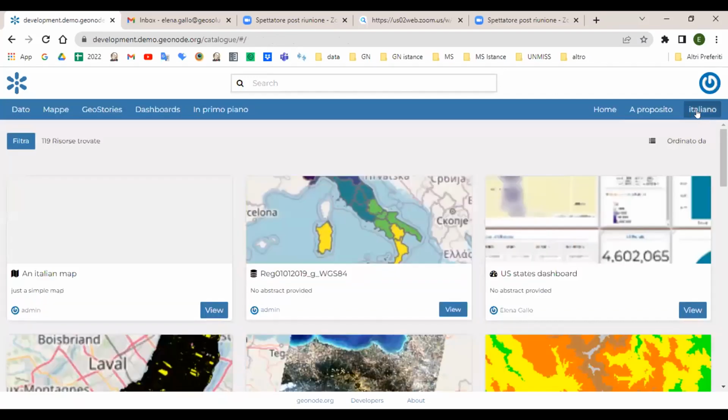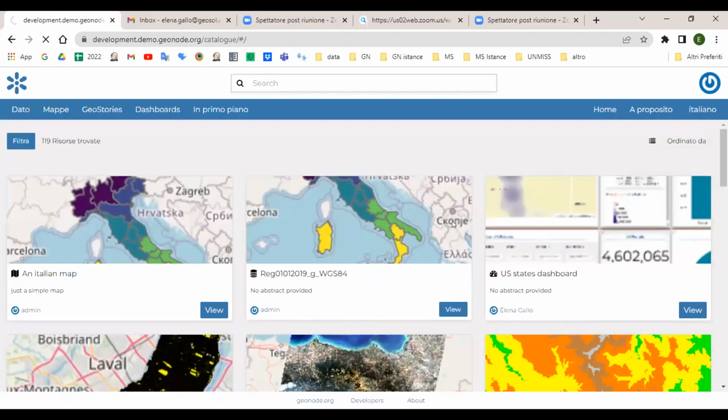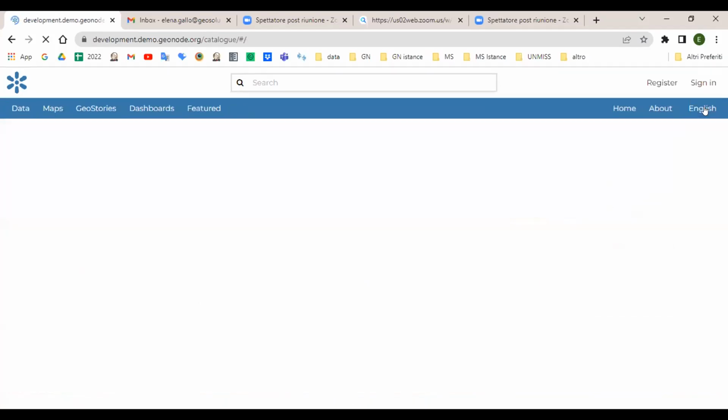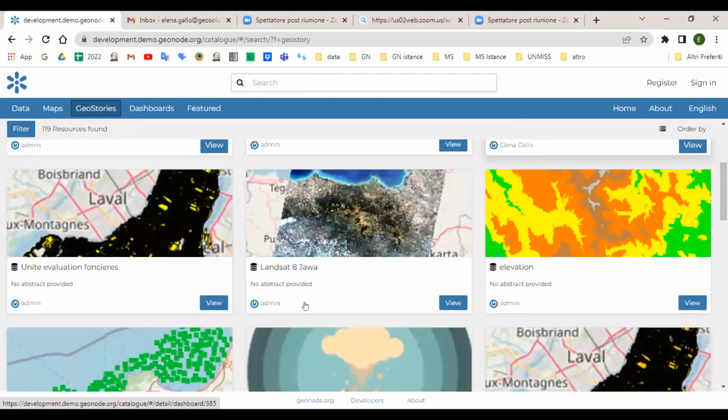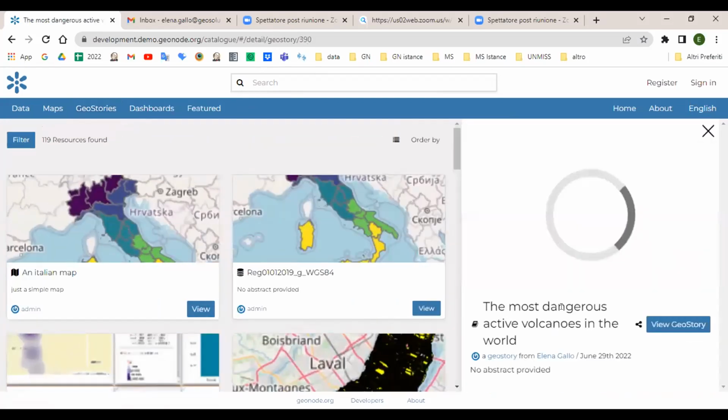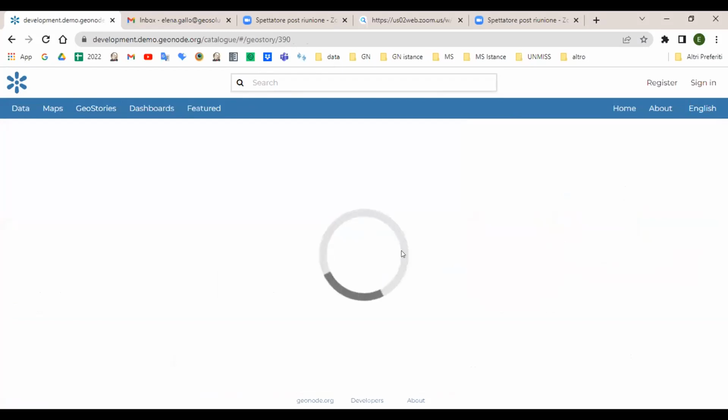Wait a moment. Thanks. Okay, the story tells about the most dangerous volcanoes in the world, and